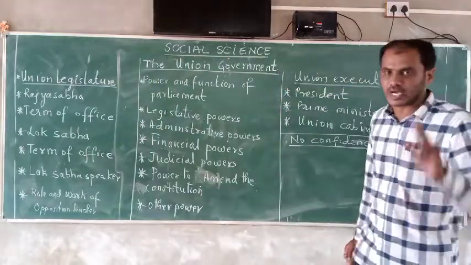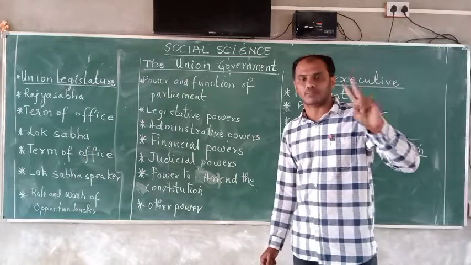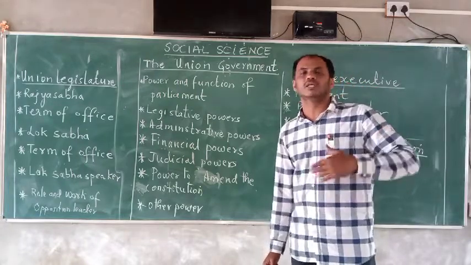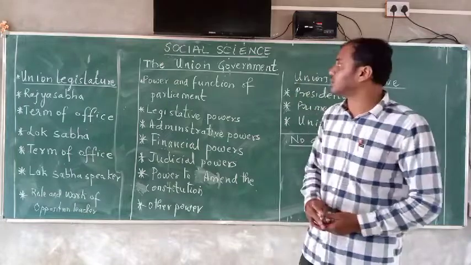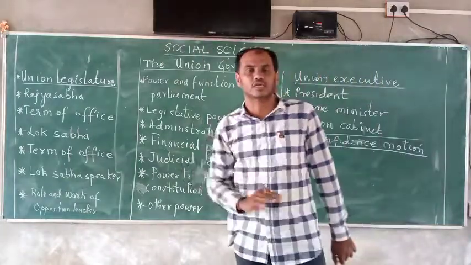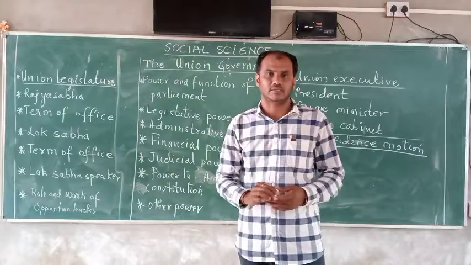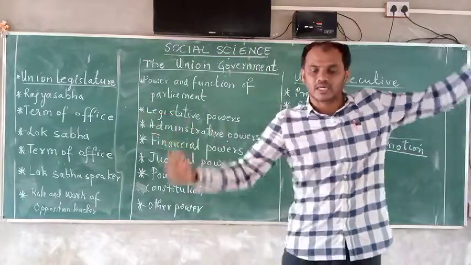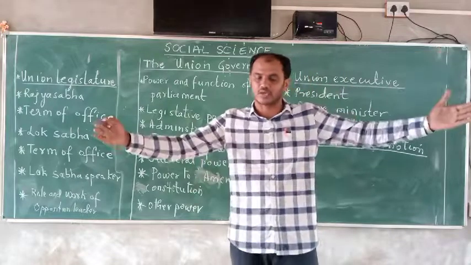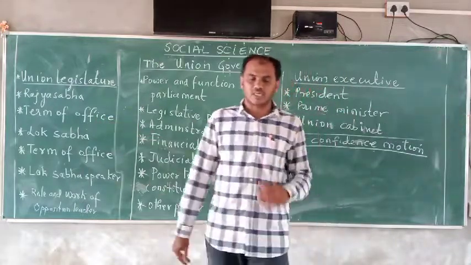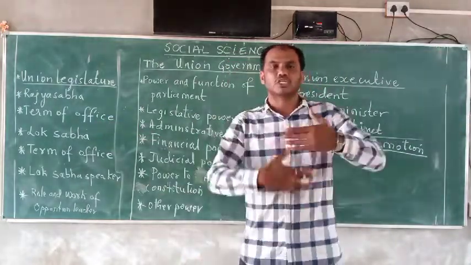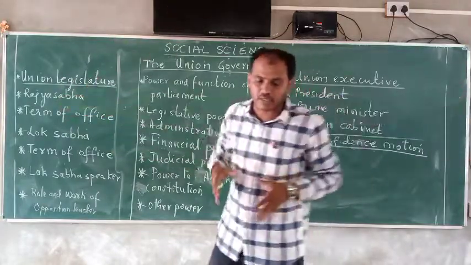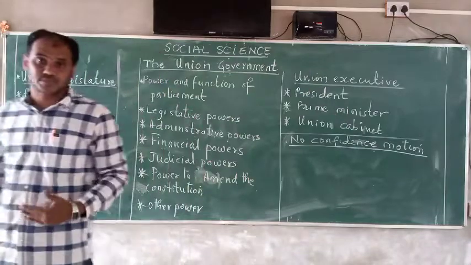That means we have two types of government, or we can say two governments: one is the central, the Union government, and the other is the state government. Power is shared between the center and the state. India is a union of states. The power of the nation is divided between the center and the state. However, the central government has been given more powers.